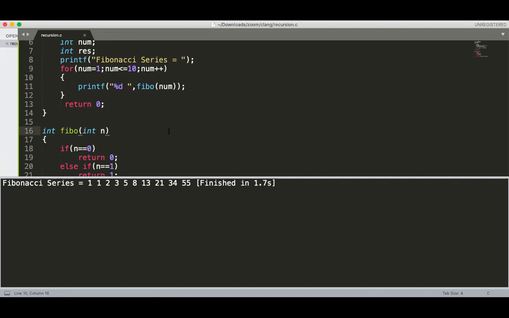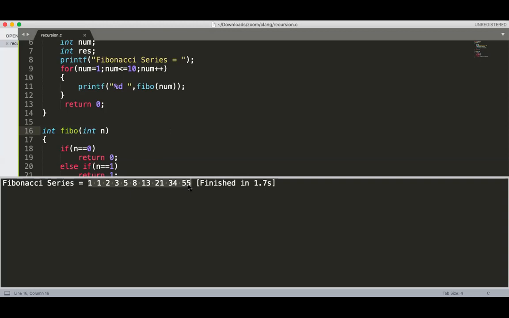Actually, the Fibonacci number is used in search algorithms. Just like in data structure, have you studied data structure? In data structure, there are searching algorithms like linear search, then binary search, and third is Fibonacci search. To implement that Fibonacci search algorithm, you require the Fibonacci series. So actually, we need this program for Fibonacci series numbers.